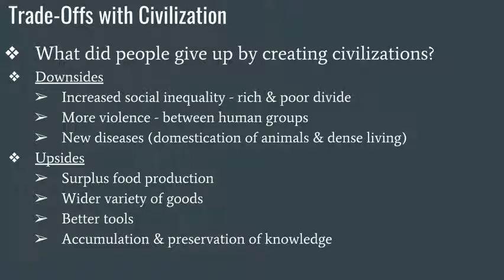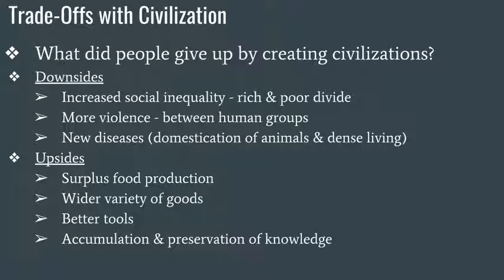New diseases are going to emerge in civilization. In a hunter-gatherer type scenario, people move from place to place. They don't settle. They don't cluster in small groups. They don't have domesticated animals. But the first civilizations, they're going to not only farm, they're going to bring animals into their close quarters. They're going to live closely with one another in dense living arrangements. And they're going to be exposed to new bacteria and pathogens that will make them sick. And maybe their bodies don't have immunity to it. So you're going to see a lot of people dealing with disease